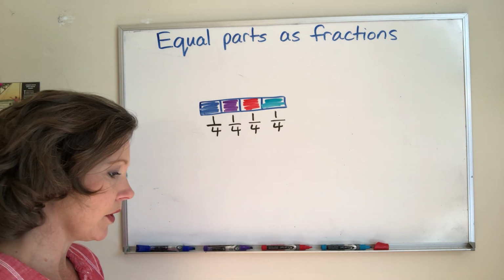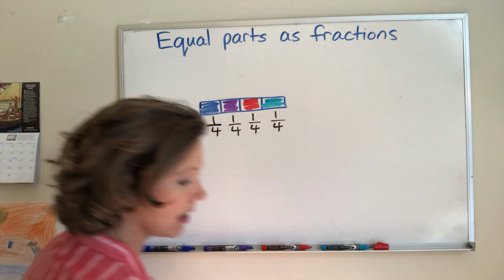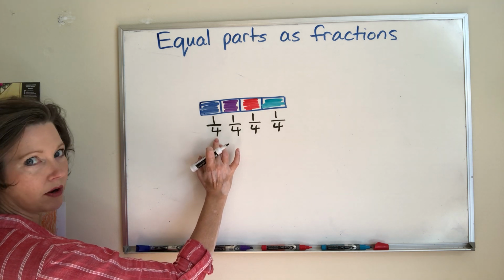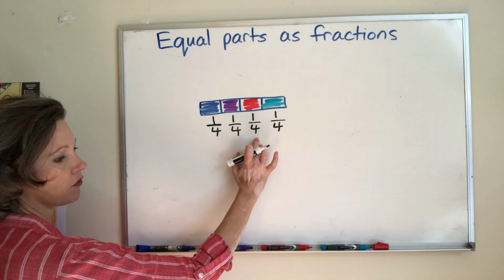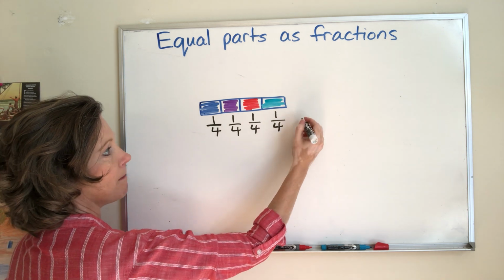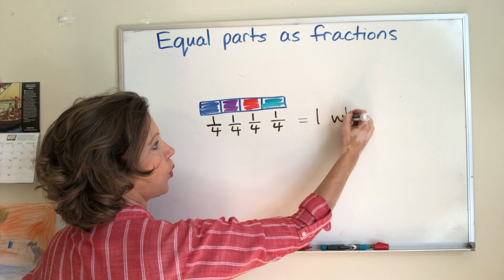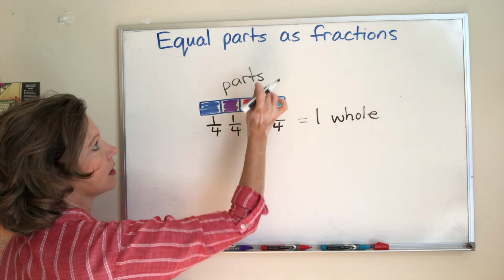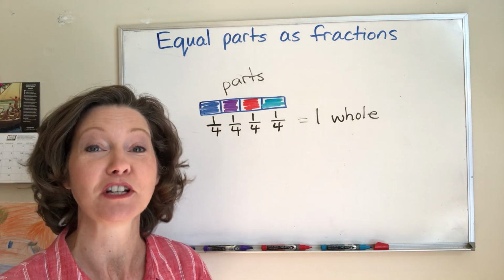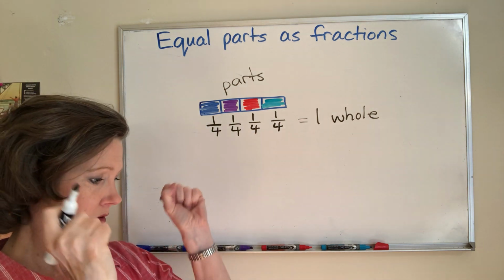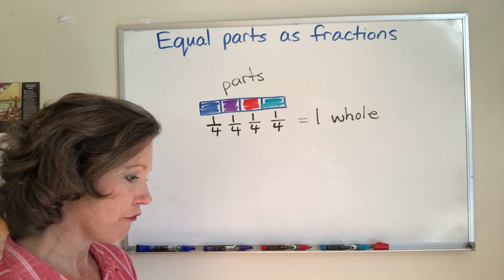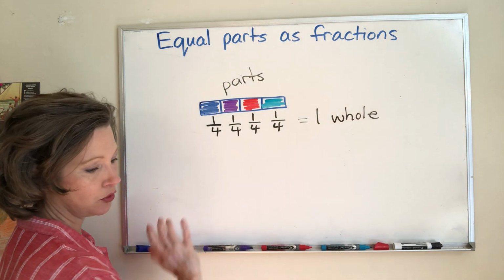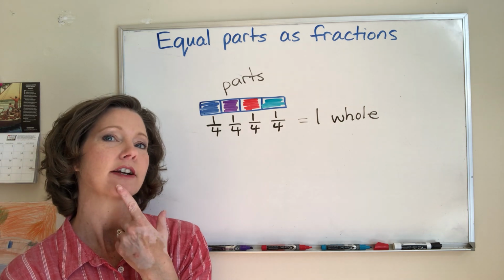Okay, so if you were going to complete the sentence in number 7, you would say 1/4, 1/4, 1/4, and 1/4 make 1 whole. Clearly, again, class, we're talking about parts and the whole. Same thing you've been doing, but now you get to write it in a fancy way. Okay, look at number 8. What fraction of each figure is shaded? Of the circle there, you have a blue circle. What fractional part? Write it down